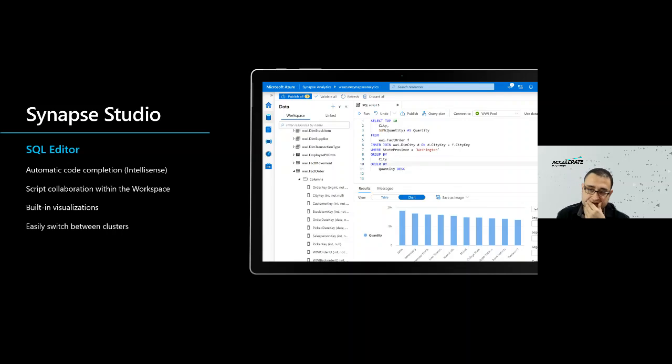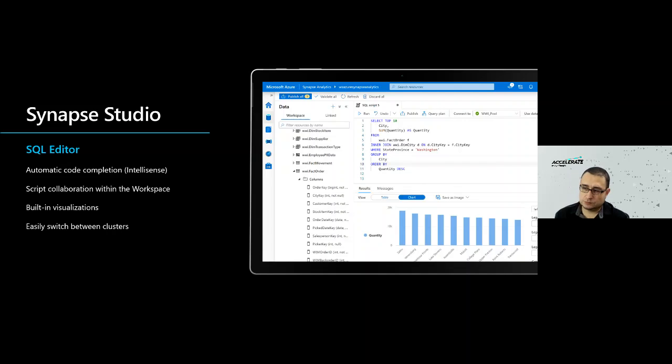So this is a very interesting proposition, because now you have a unified workspace for your data engineers, ETL developers, your business analysts, data analysts, as well as your database administrators, your data architects, to come together into a single unified development experience that gives you capabilities from code, a very familiar coding type of environment, such as Visual Studio or SQL Server Management Studio, to more code-free interfaces like we saw with Power Query and Data Factory. So it's truly an interface for everyone, right?